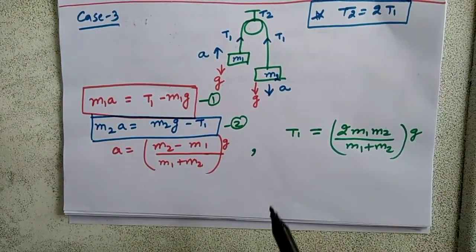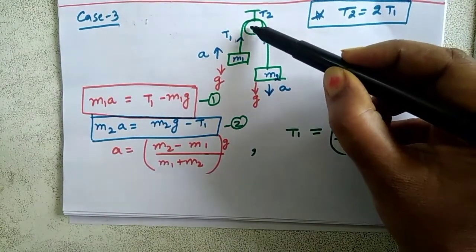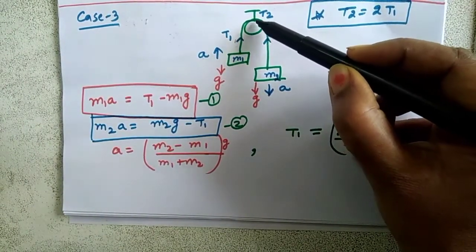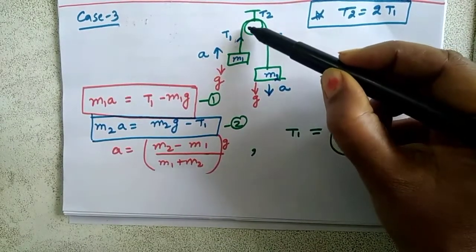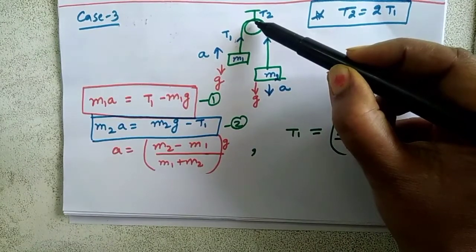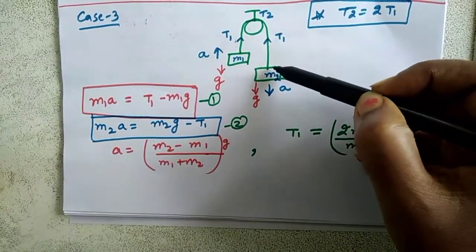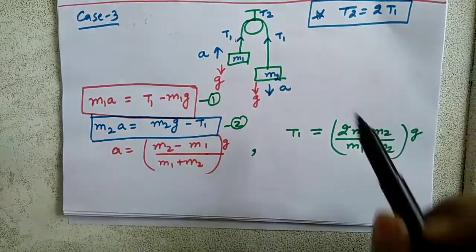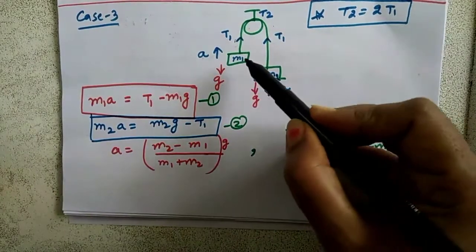Remember one more thing, tension in the string always points towards the point of mounting. Means wherever we have tied it, the tension in the string will point towards the point where we have tied the string. That is why tension in this case is also upward, tension in this case is also upward. It has nothing to do with which direction is the motion. So now we will write the equations one by one.